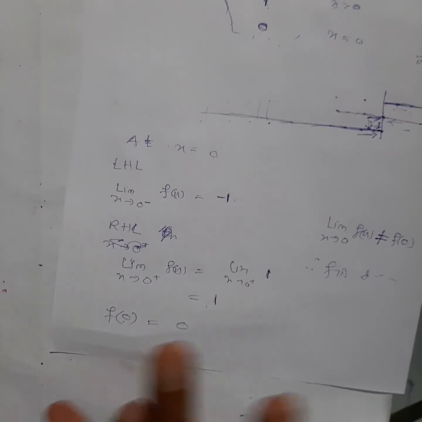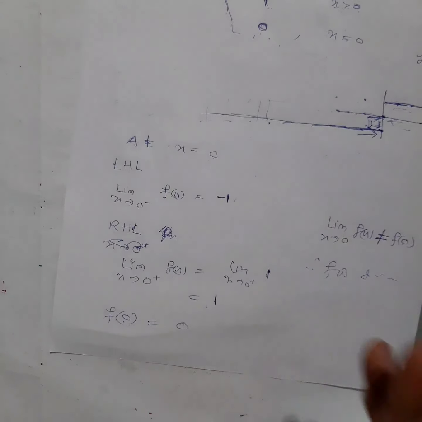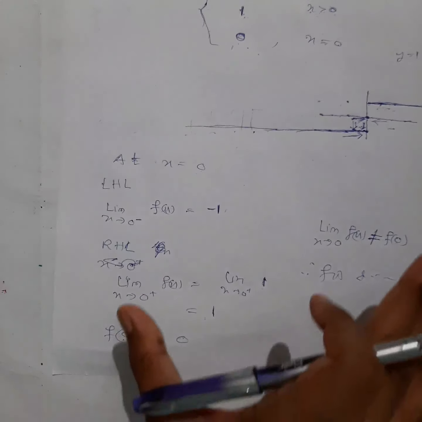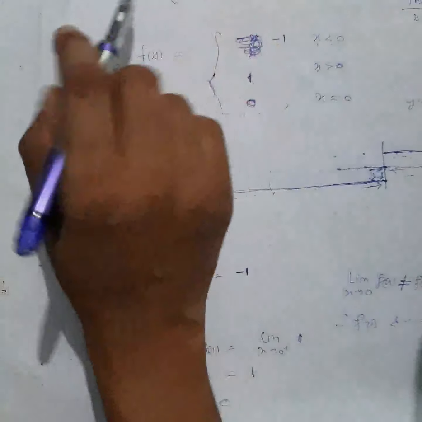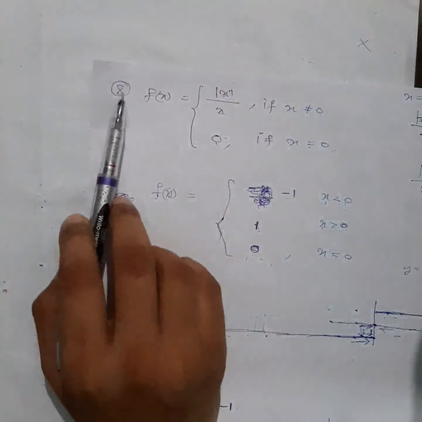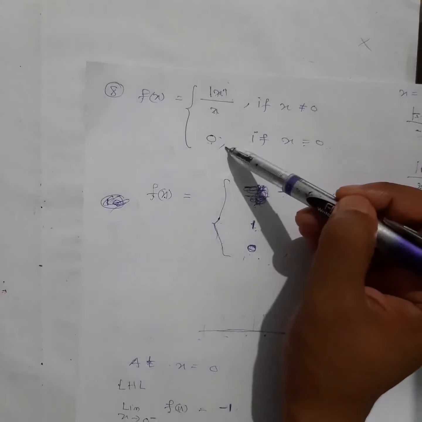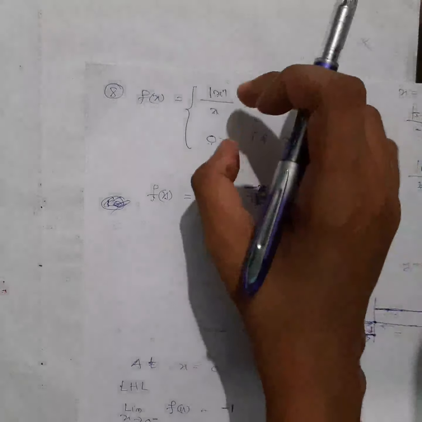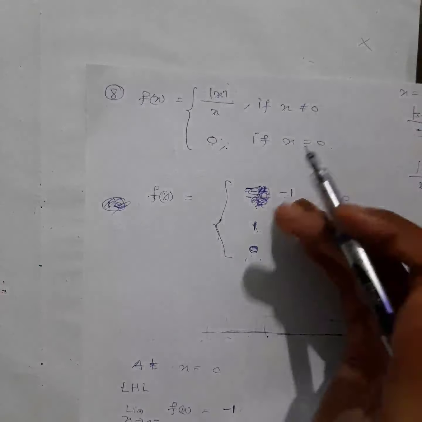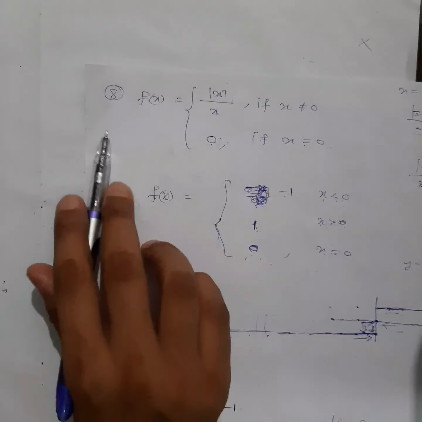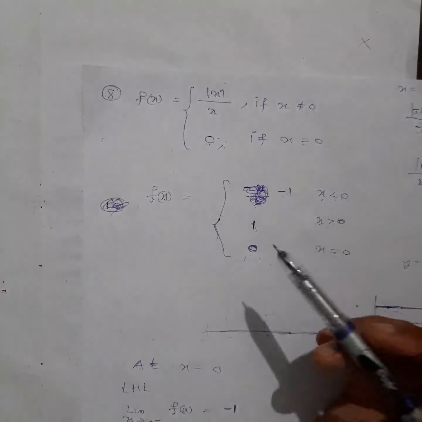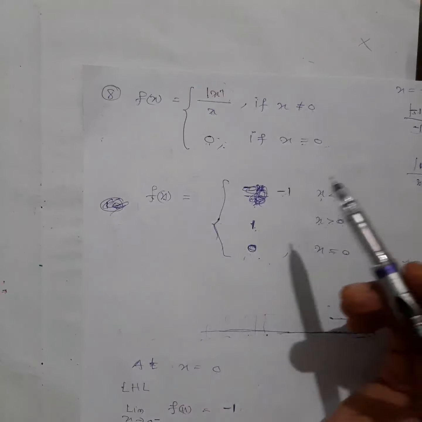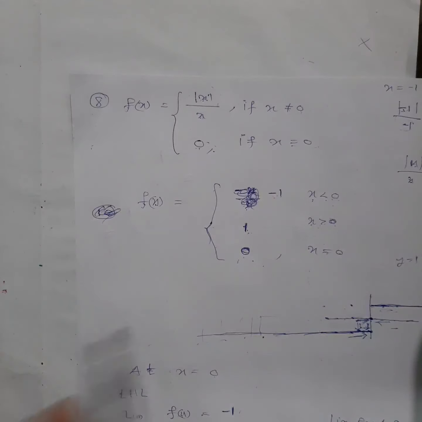Okay. I hope you are understanding a little bit more now than in previous cases, right? So you just see if you can solve the rest of the questions or not. In the next class, I will discuss all those questions also. Okay, one more thing. I have discussed question number 8. You might be thinking why not number 7? Number 7 is a triple definition. This is a double definition, right? So first try to learn double definition properly and then we'll go to triple definition. So you can try question number 9, 10 and all those questions with this concept and see whether you have understood or not. If you have any doubts, let me know. I will try to explain that in a different way, okay.